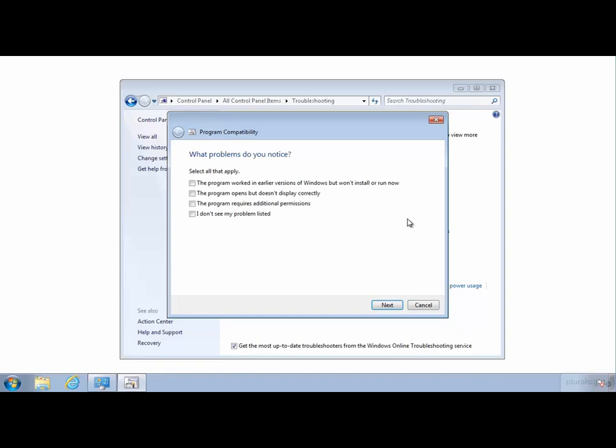Now, here is where we'll be asked several questions. And you'll see the questions here. The program, which problems did you notice? Well, the program worked in an earlier version of Windows but won't install or run. The program opens but it doesn't display correctly. The program requires additional permissions, or I don't see my problem